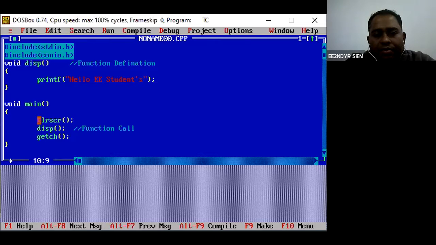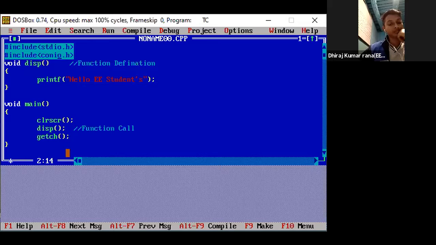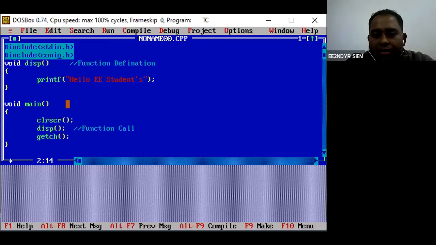This works because of this conio.h, and getch is also written in conio.h, so those things will get executed. You can create your own header also in C programming. So now everybody has understood this function one.